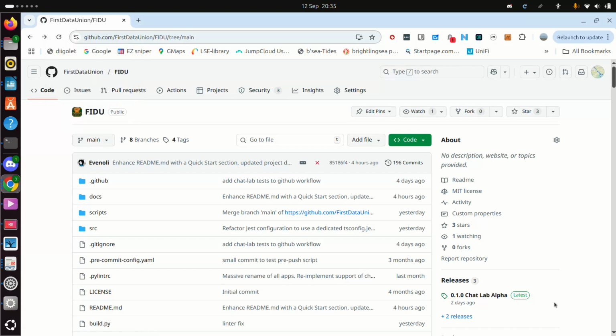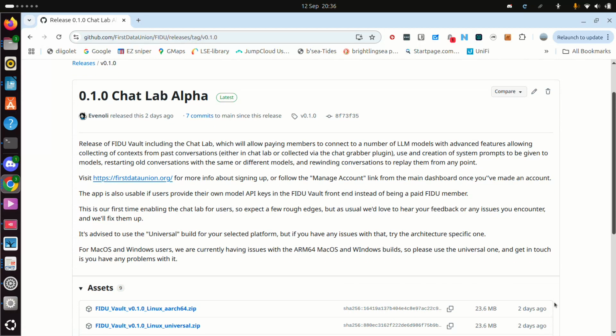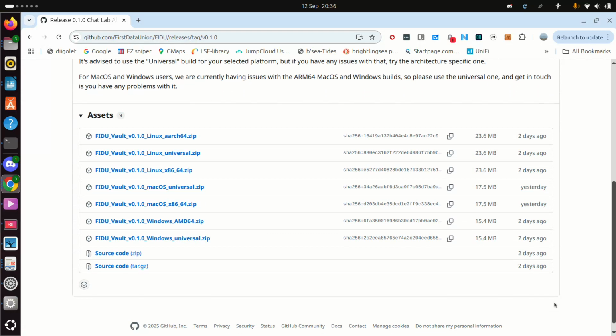Okay, I am on the First Data Union FIDU public GitHub repository, and down here on the right hand side I see the releases and the 0.10 ChatLab alpha. Let's open up that page. Here we go. There's some description and some instructions, and here you choose whichever one is going to be the